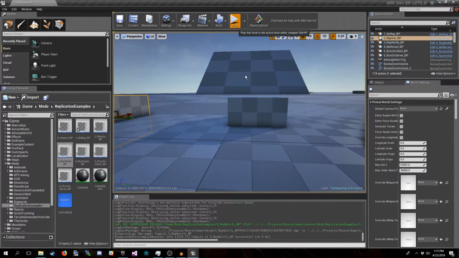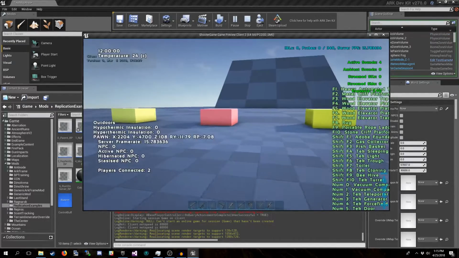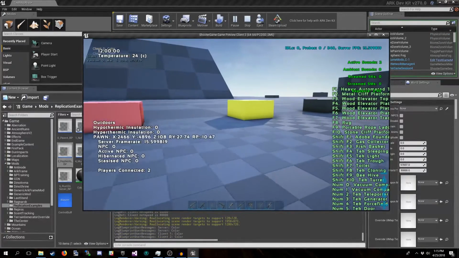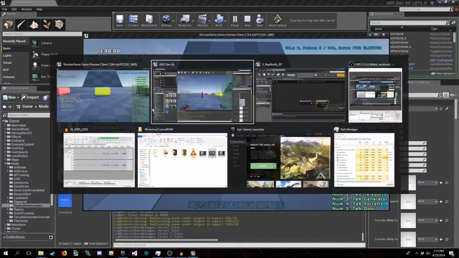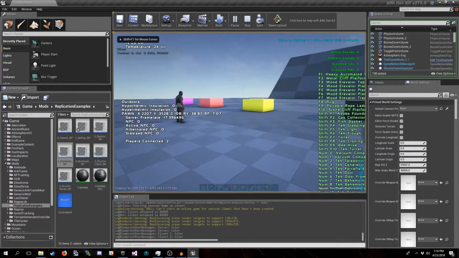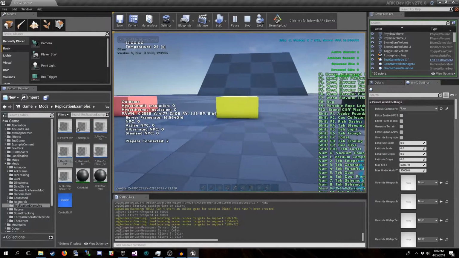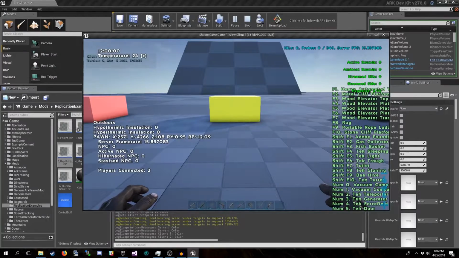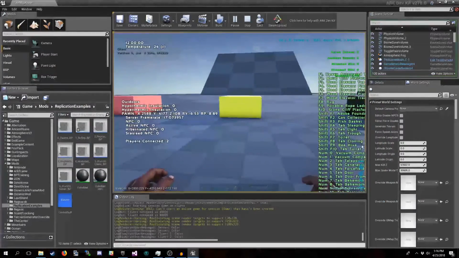By setting that switch, the end result is the same. The boxes will be the same color on both clients. And there's red. Oh, no, wrong one. So there's yellow. And the same exact yellow. Because neither of these clients are the dedicated host.